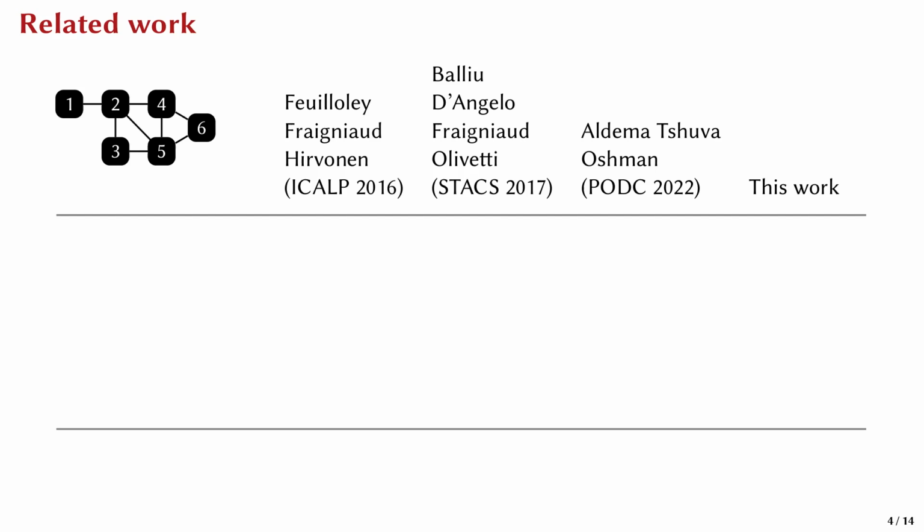But in my case, I didn't really have much of a choice, and that's because I was guided by Fagin's theorem. So let's see how this compares to previous approaches. First, all the previous papers make the standard assumption that each node has a globally unique identifier. But in order to get Fagin's theorem, I had to allow identifiers that are only locally unique. By this I mean that nodes that are sufficiently far apart from each other can share the same identifier, like